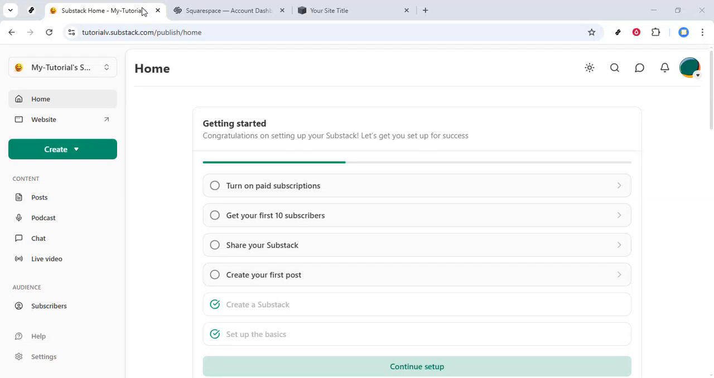In this video, I'll guide you through how to embed Substack on your website. We'll connect your Substack newsletter to your Squarespace site so visitors can subscribe directly without leaving your page. I'll walk through each click slowly, explain what you're seeing on screen, and share a few tips as we go